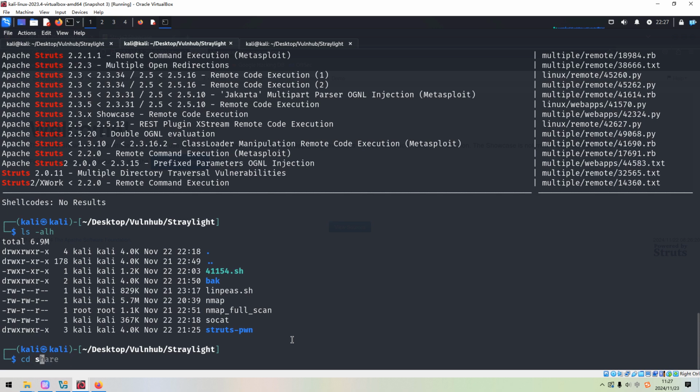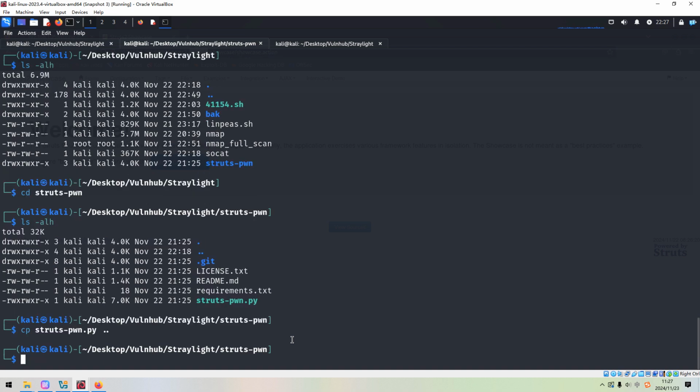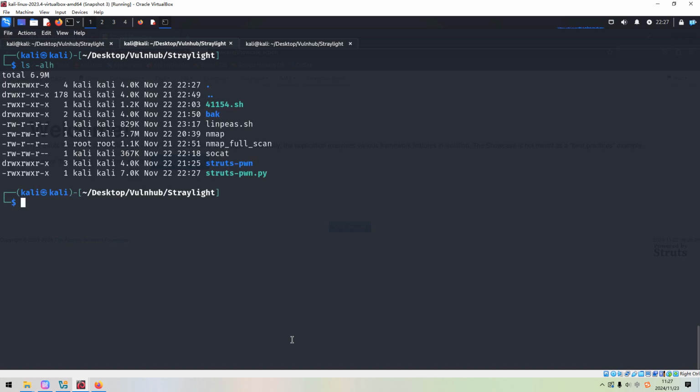So now we can go inside this directory, and we can copy it to the upper layer, because I want to do everything from the working directory. So now how to proceed? We can activate the Python virtual environment, and then we can run it.